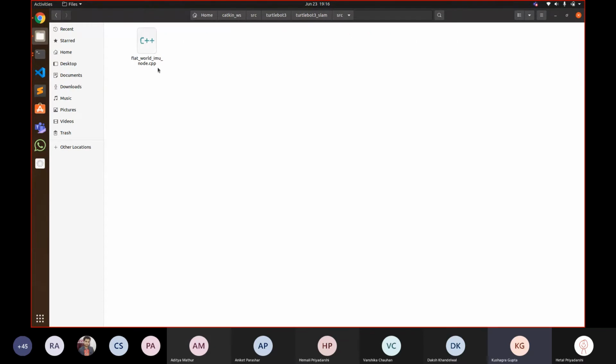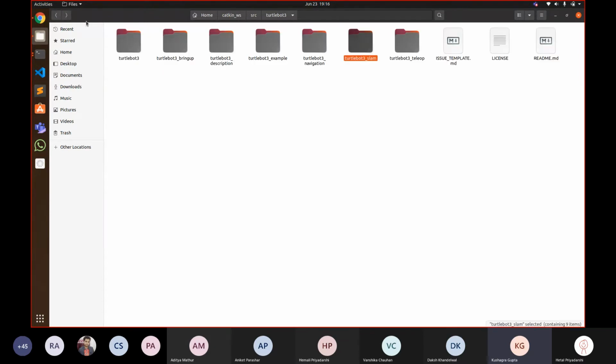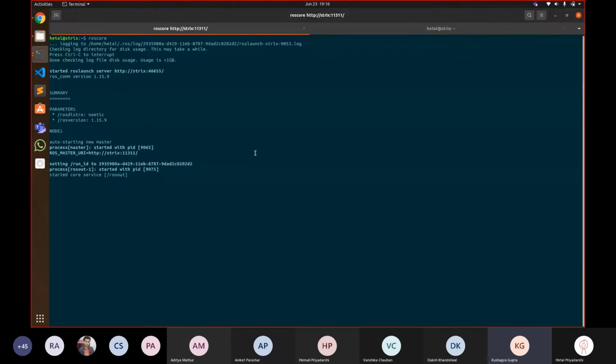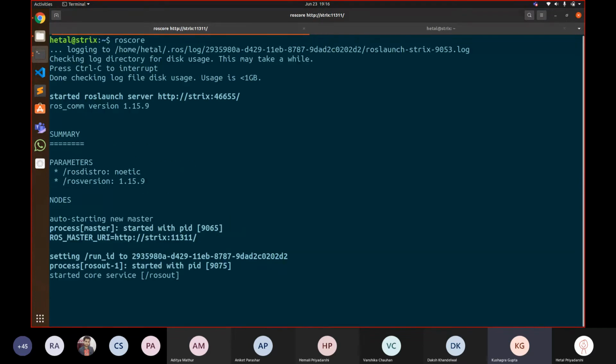Here, just type roscore in your terminal. Yeah, this is roscore. If you run roscore, it is basically running in the background, and whatever node you tell it to execute, it will do that and make sure that the communication between all of them is also happening. Once try rostopic list or something like that. I don't think any ROS topics are running right now, only rosout will come. Yeah, but I'll see.